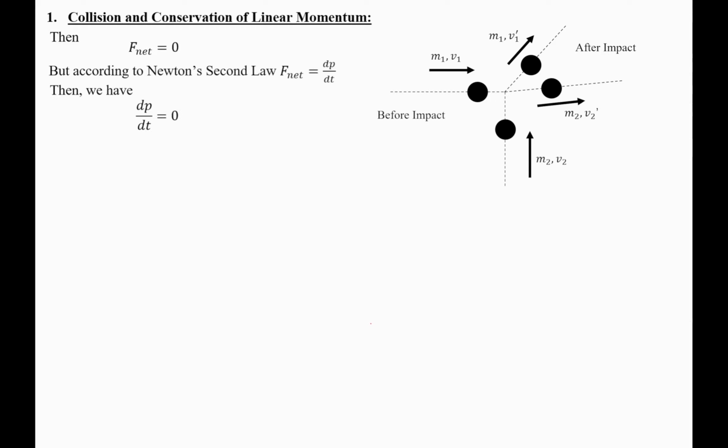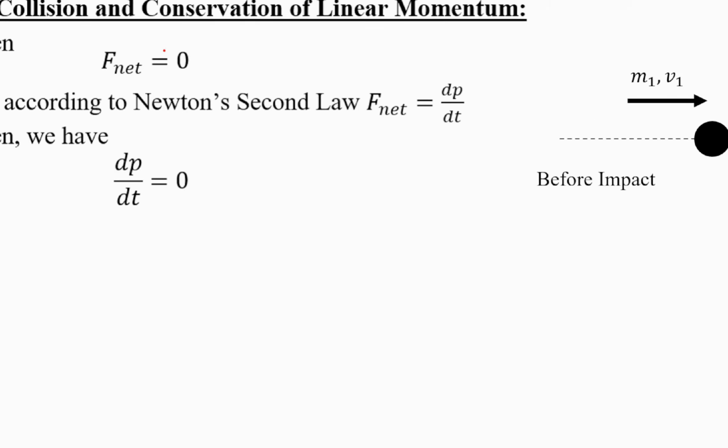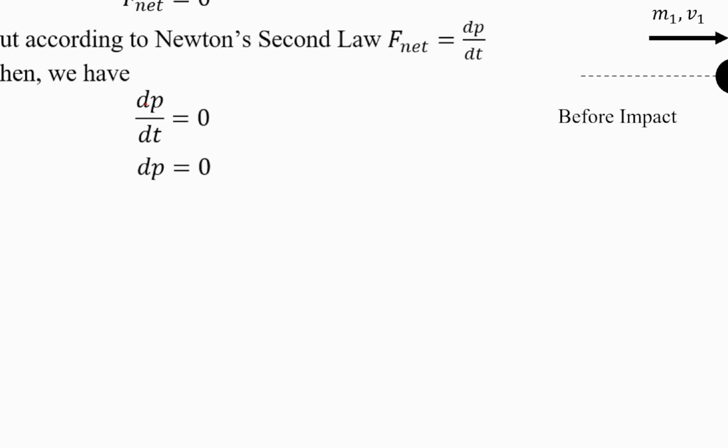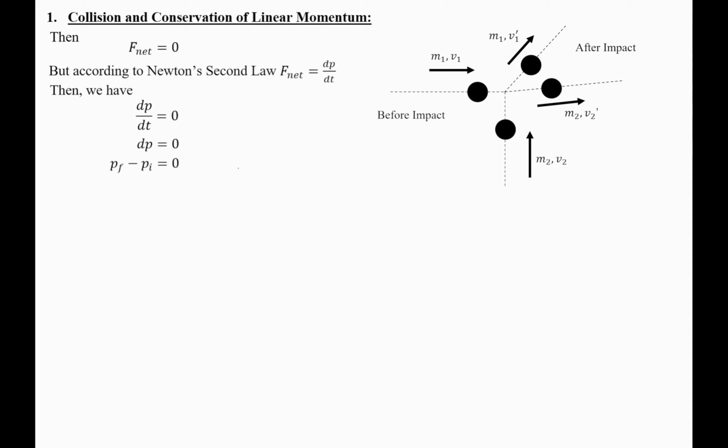And then we have dp by dt is 0. Why? Because F net is 0, and we know that F net is given by dp by dt, which means dp by dt equals 0, which means dp is 0. If we have a fraction and the fraction is 0, then the numerator is 0. And dp means p final minus p initial, which means p initial is equal to p final, immediately before and